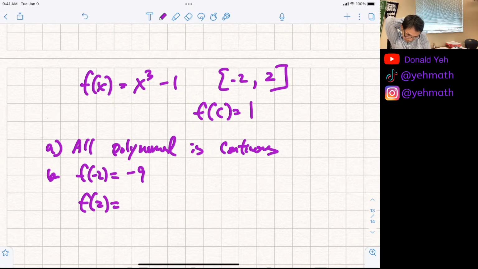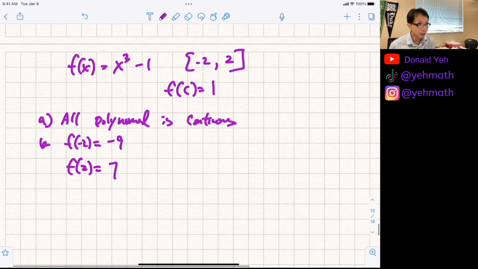Okay. Now plug in 2, it's going to be 7. So is there a c where f of c is equal to 2? It went from -9 all the way to 7. We never go to 2? You have to go to 2, right? So there's a